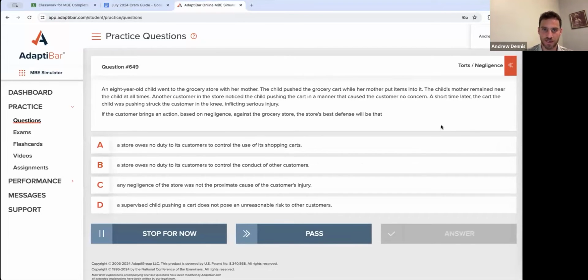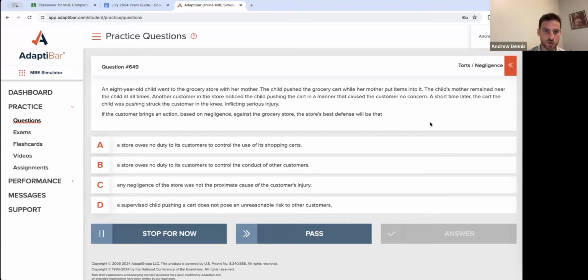Ooh, nice and short. An 8-year-old child went to the grocery store with her mother. The child pushed the grocery cart while her mother put items into it. The child's mother remained near the child at all times. Another customer in the store noticed the child pushing the cart in a manner that caused the customer no concern. A short time later, the cart the child was pushing struck the customer in the knee, inflicting serious injury. If the customer brings an action based on negligence against the grocery store, the store's best defense will be that